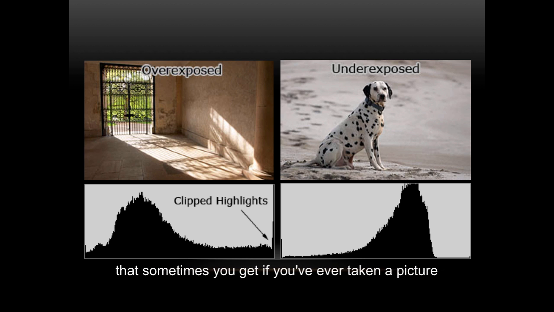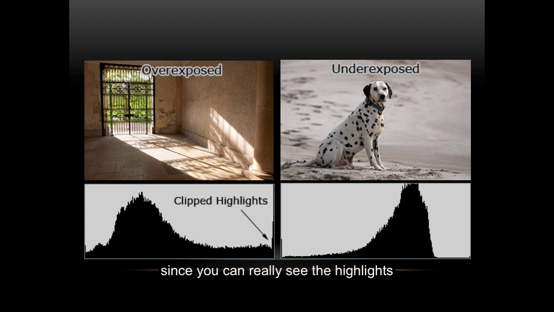If you've ever taken a picture with the bright sun, you'll get that as well. And it could happen with just a light if there's a really bright light source. So that's when clipping may happen, and that can be okay. Histograms are good for knowing whether clipping has occurred, since